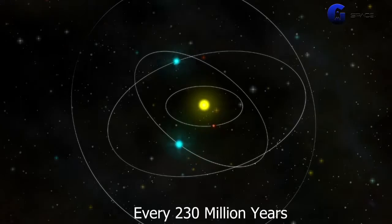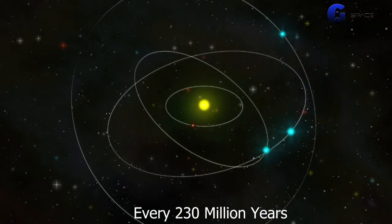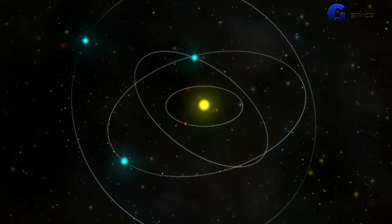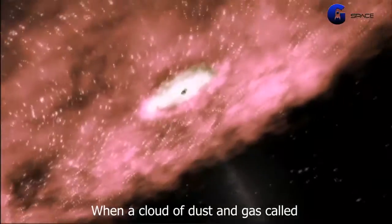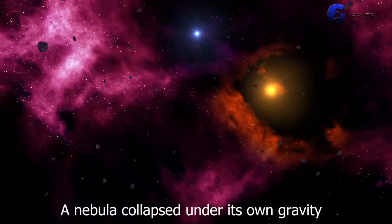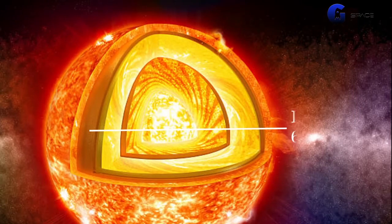Characteristics of the Sun. Every 230 million years, the Sun, and the solar system it carries with it, makes one orbit around the Milky Way center. When a cloud of dust and gas called a nebula collapses under its own gravity,